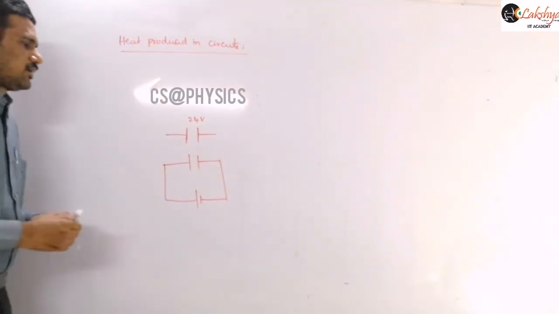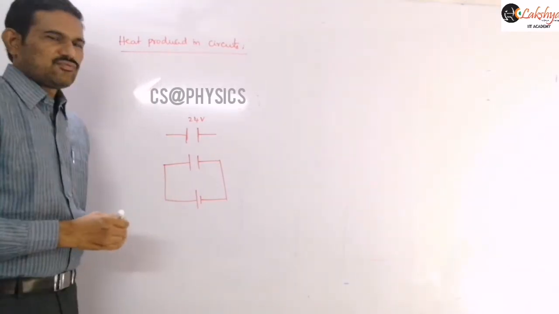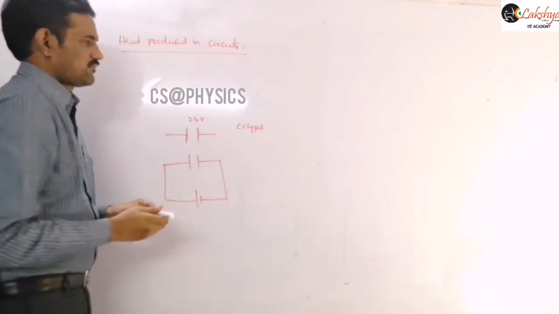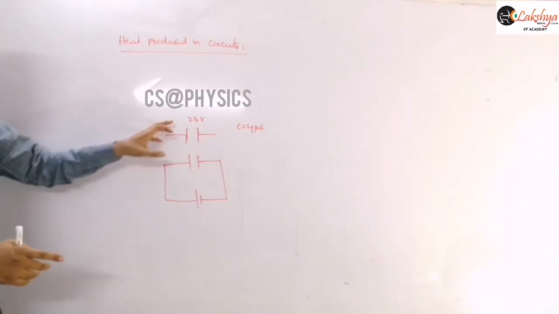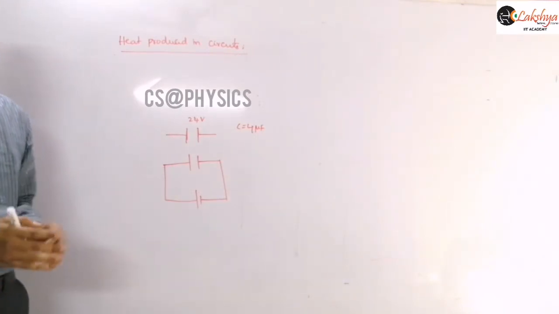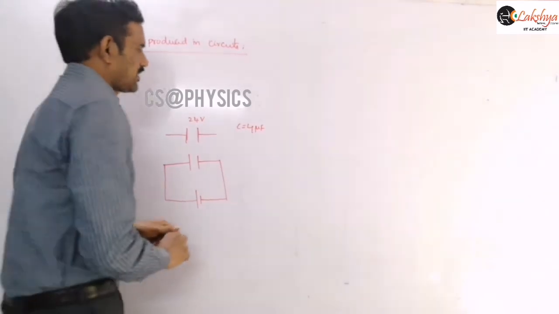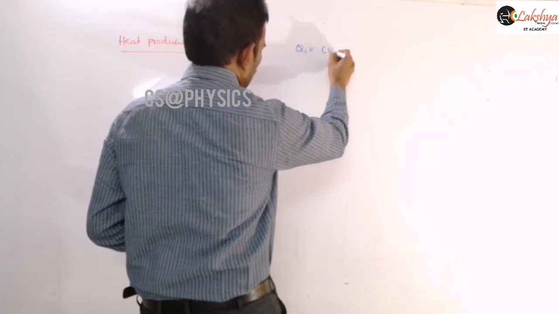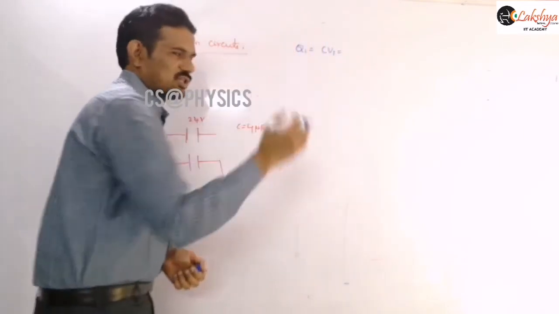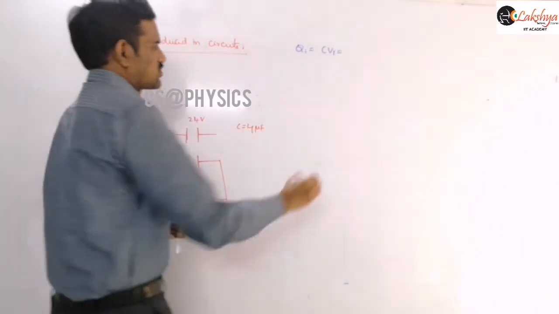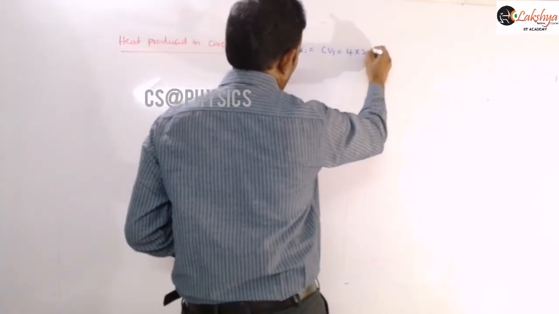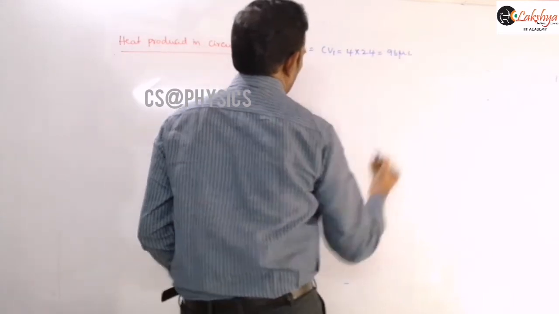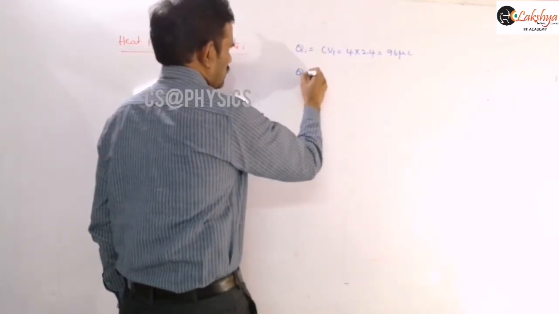So right. Initially it is charged to 24 volts. The capacitance, what I said, is 4 microfarad, right? Microfarad, and now it is charged to 24 volts initially. So now let us write the initial data. The initial charge on that is C into V initial we need to write, because the initial and final potential difference are different. So now we can write this as 4 into 24. So how much is it? 96 microcoulombs.